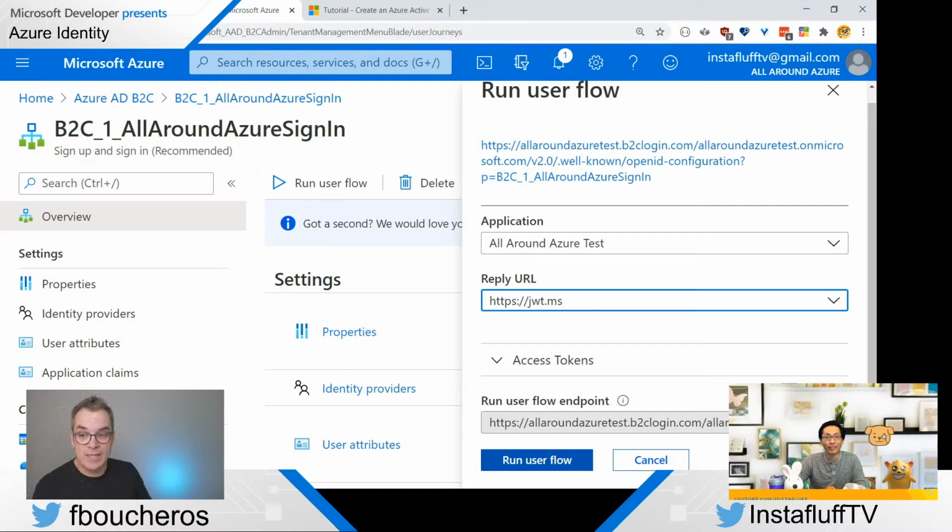Priyank P was asking, what's the return claim? I think the return claim, when you select it, those are the pieces of data that get passed in as part of that token to the website. So if you wanted to get their country info, or the given name, or the surname, or the email. I think you actually just get email all the time. But yeah, if you select them, then that part of the data also gets passed to you as part of the reply after they log in.